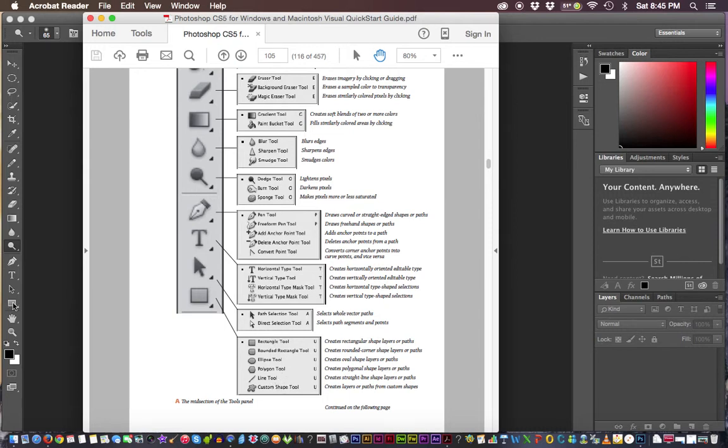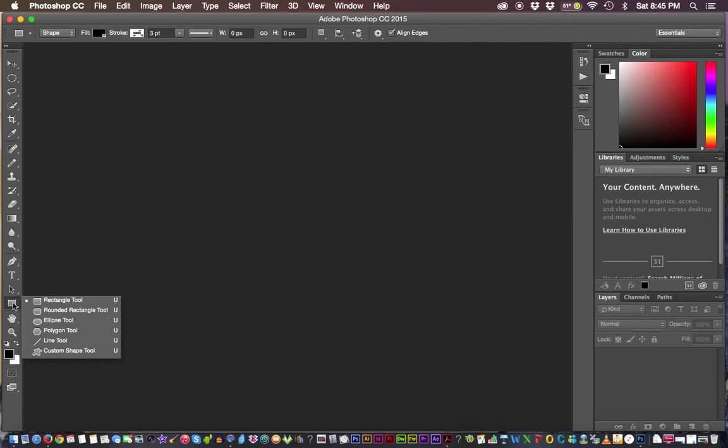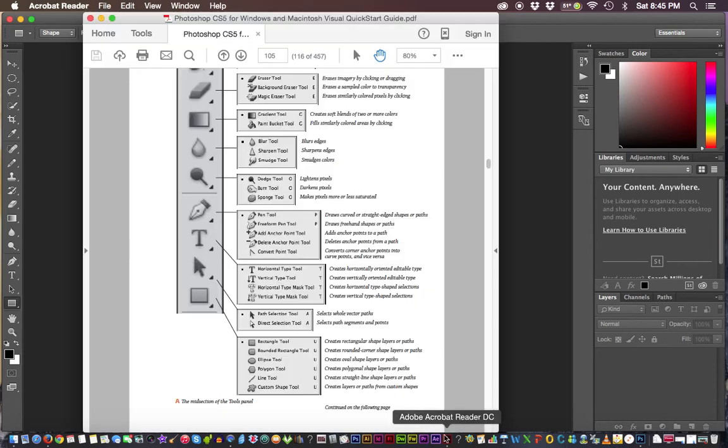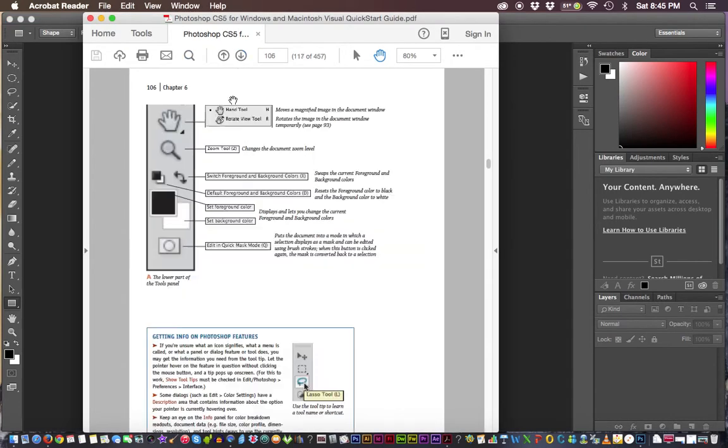Okay, all of the shapes are again hidden. If you hold down your mouse and click, you can choose whatever shape it is that you want. Okay, the very last tools have to do with some navigation and selecting color that we want to utilize in Photoshop. And we can pan through the system, we can zoom in and out,